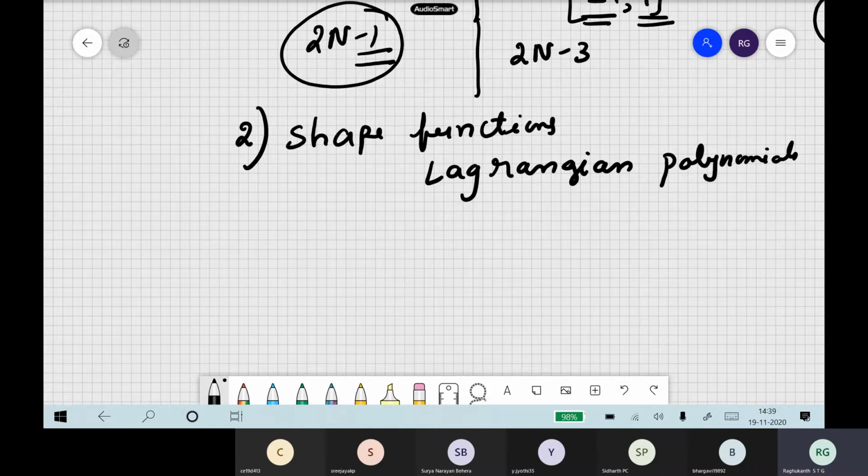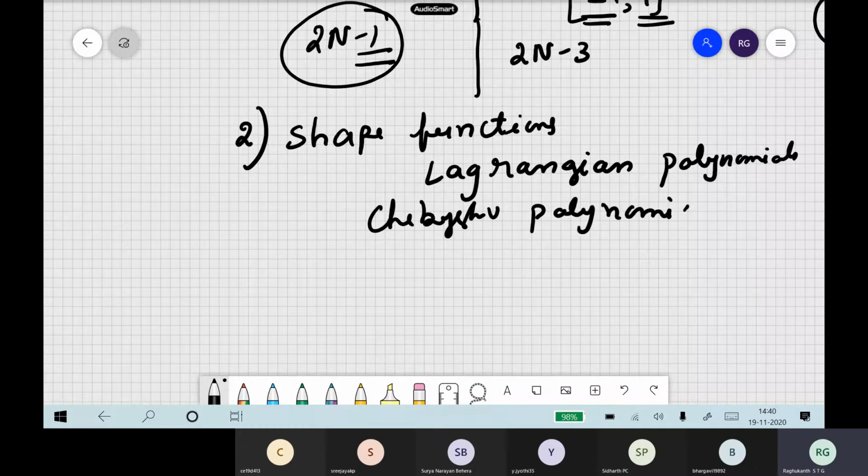Long back we said one important thing also. In the pseudospectral method, you remember, for periodic problems we use Fourier orthogonal series functions. For aperiodic, Chebyshev. Okay, so here also, we can use Chebyshev polynomials in our spectral element.